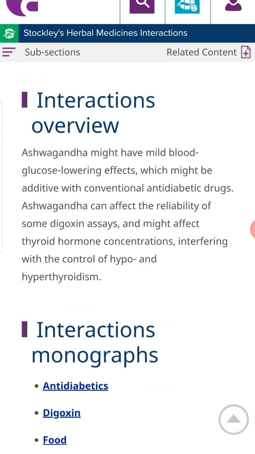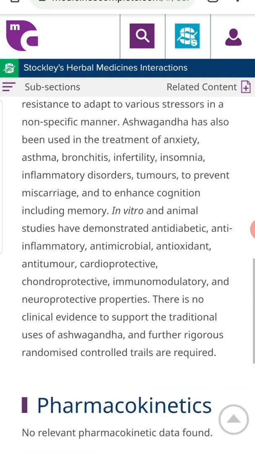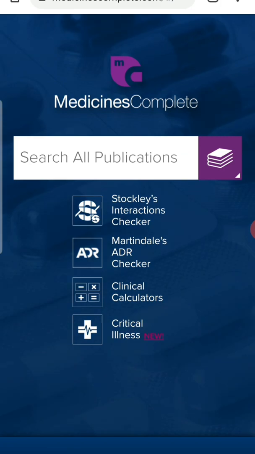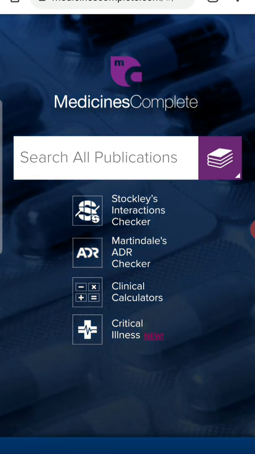Ashwagandha can affect the reliability of some assays, might affect thyroid hormone concentrations, interfering with the control of hypo and hyperthyroidism. So based on this text, based upon the condition or the dosage of the patient, you might need to make some modifications in the doses, or ultimately you might need to avoid this particular ashwagandha for those patients who are seriously ill.